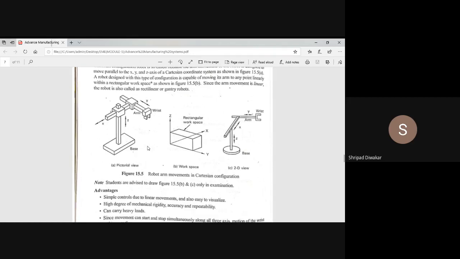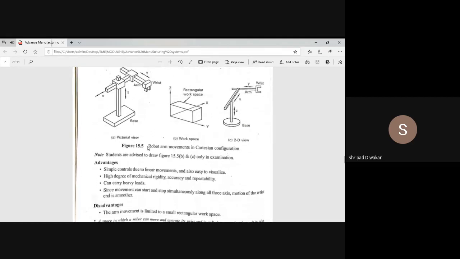Okay. And next come the advantages of this configuration. Because of the simple construction, it is very simple to control the linear movements, and it is also easy to visualize where the arm movement takes place. Easily we can visualize because of the linear movement of the arm in the robot.